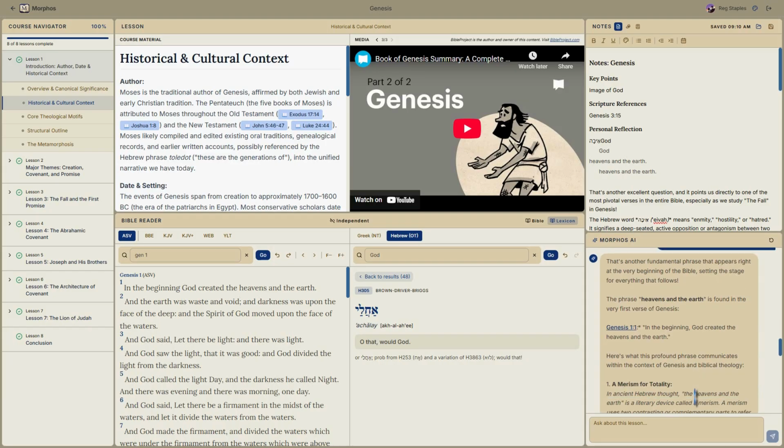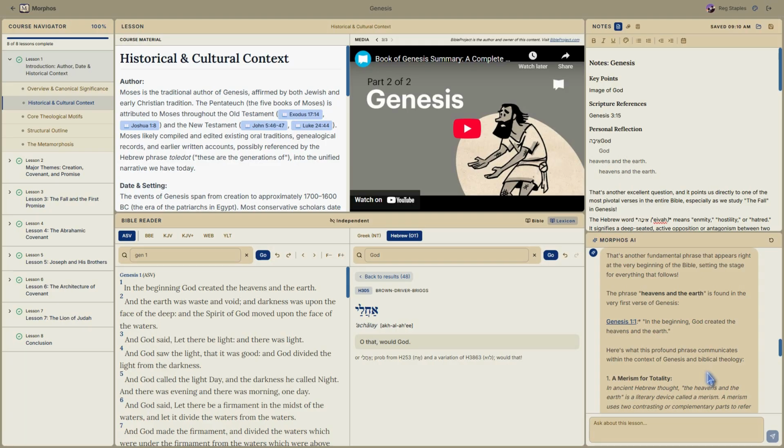It is designed to be rigorous and respectful to the original text, the context, the history, the audience, and the author. We are conservative in our theology, and therefore the AI will prompt and respond in that manner. The idea being, if we respect the Gospels and the scriptures for their original intent, that they were written by somebody to an audience inspired by God, by putting ourselves in those shoes and understanding what the scripture is saying,